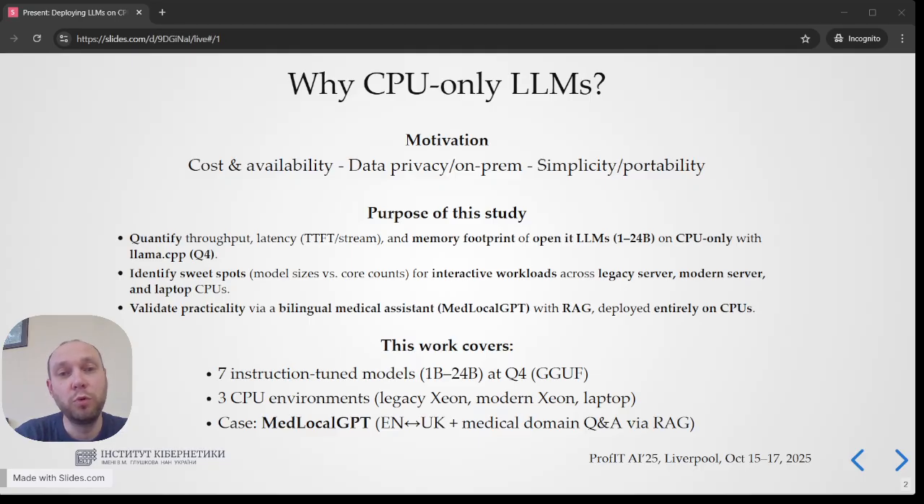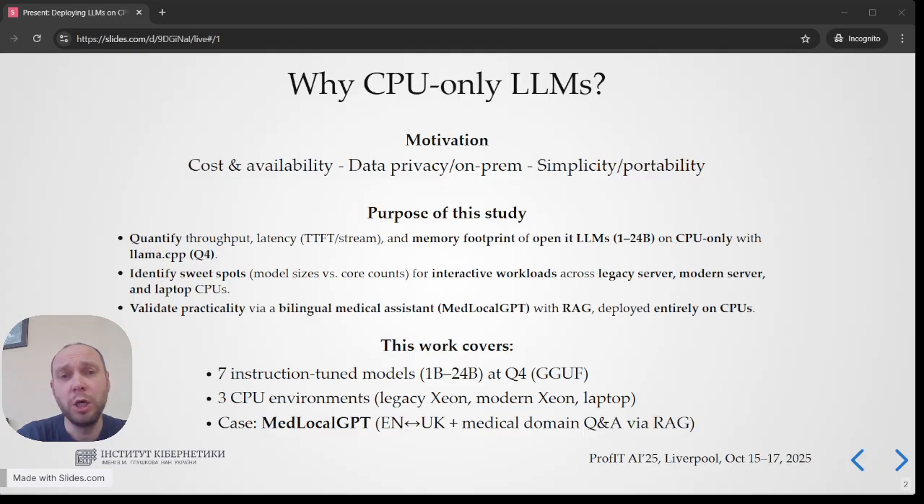First, to measure throughput, time to first token, and memory footprint for from 1 up to 24 billion instruction-tuned models running CPU only with llama.cpp 4-bit quantization. Second, to map the sweet spots between model size and available cores so you can choose what's viable for interactive use on legacy Xeon processor, modern Xeon processor, and modern laptop CPU,